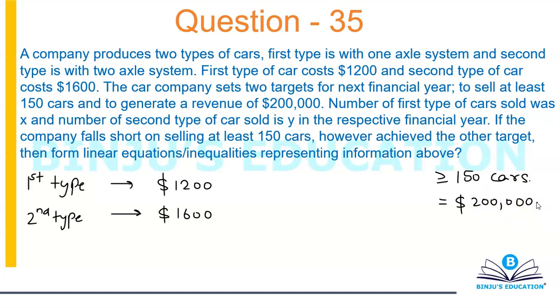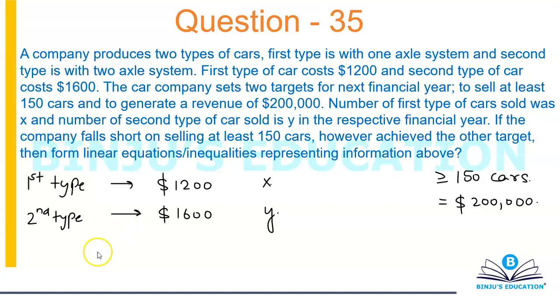Number of first type of cars sold was X. Okay, so first type is X. Second type of car sold is Y, so this is Y in the respective financial year. Okay, if the company falls short on selling at least 150 cars, now